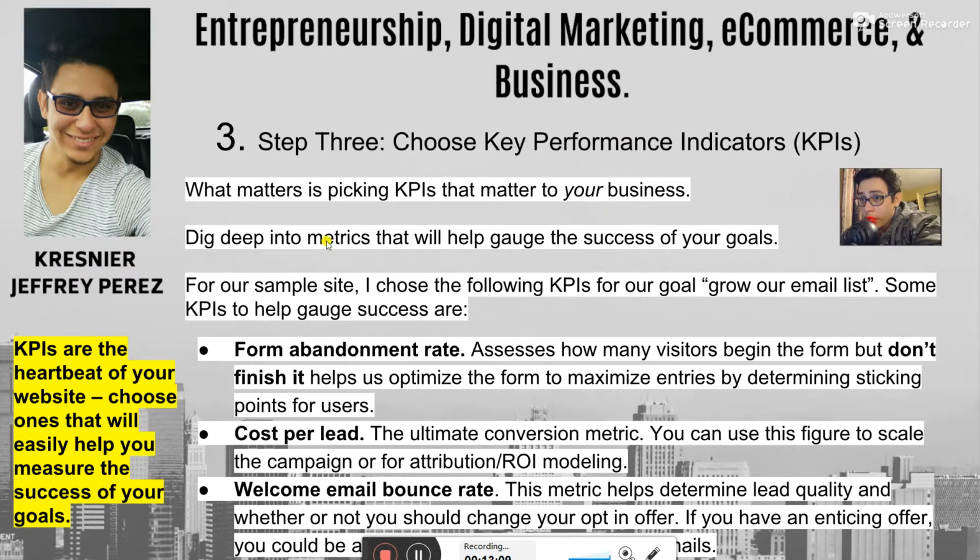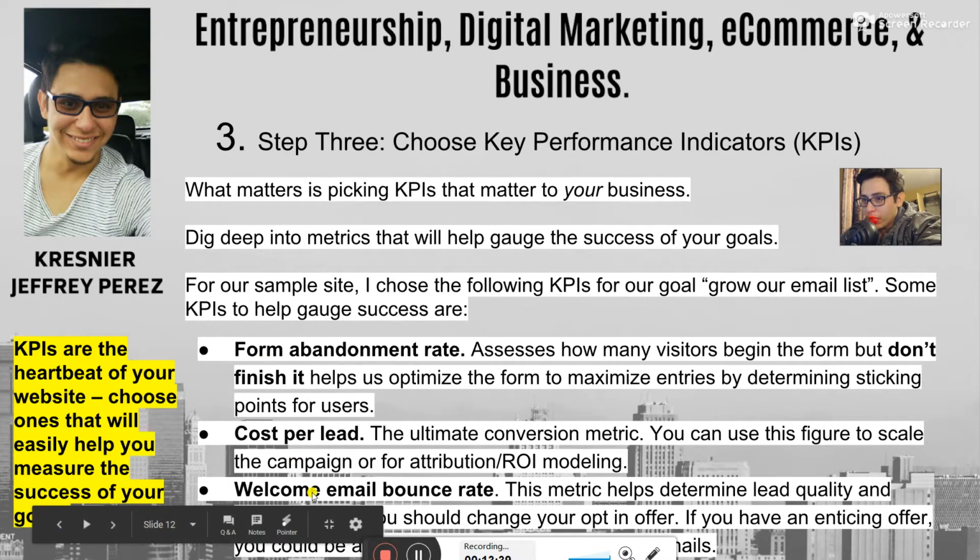So KPI metrics will help you gauge the success of your goals. For our sample site, the golf e-commerce website, I chose the following metrics, the following KPIs for our goals. So the goal that we had set out for this particular example was grow our email list. So some of the KPIs that were gauged from that goal: form abandonment rate, cost per lead, welcome email bounce